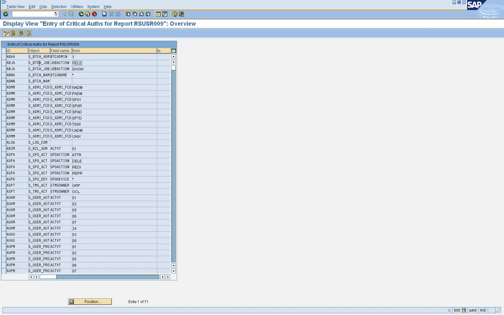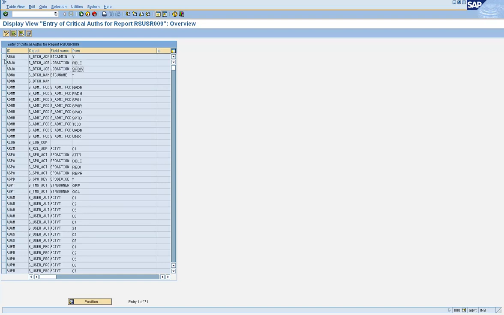Then you have two fields in that, so you have one field here, activity, and you have to enter another record, S_USER_GRP, user group, star.